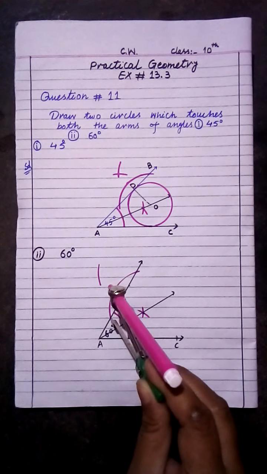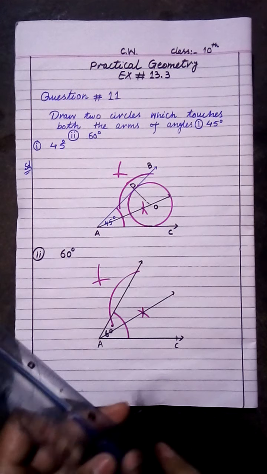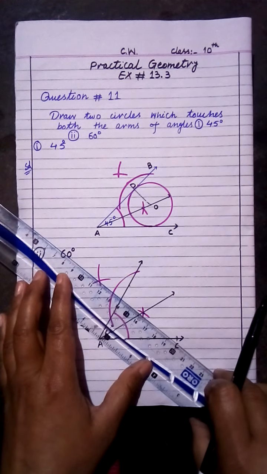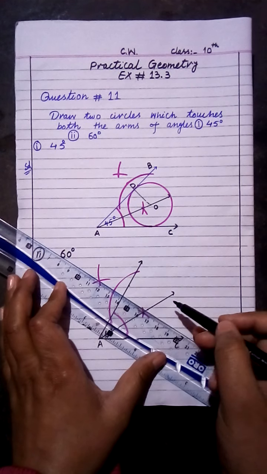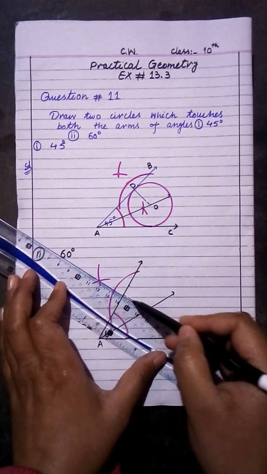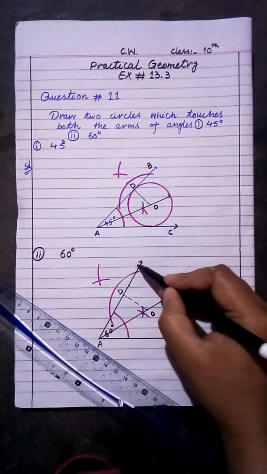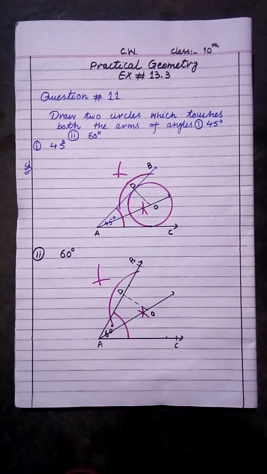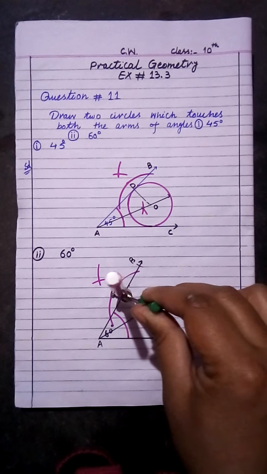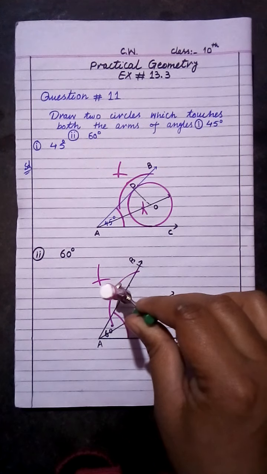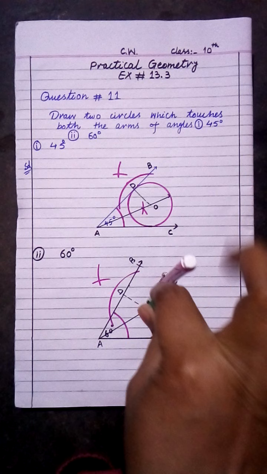So draw the first arc, put the compass at the second point of intersection, and draw the second arc. Now you have to put the scale according to this point of intersection of arcs and this point. Now you have to join with this in a dotted line. So that is the O point and that is known as the D point. Now you have to take the radius from O to D. Now open the compass with suitable radius O to D. Now you have to draw a circle which touches the arms of an angle.